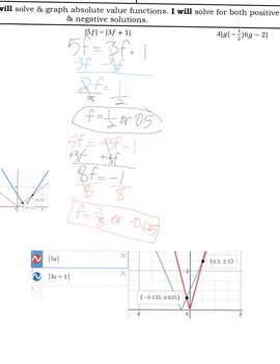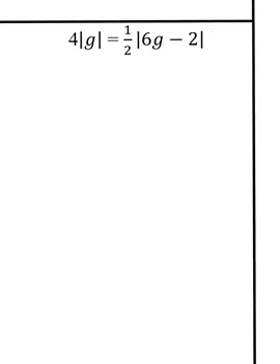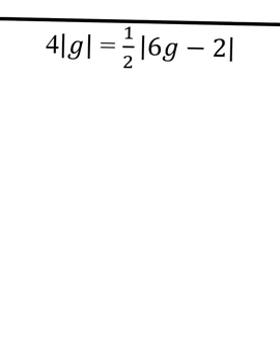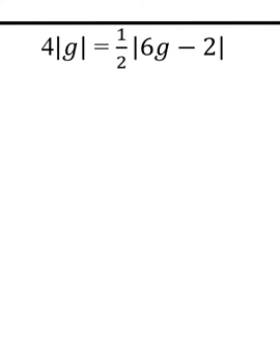And then the very last one, I have something on the outside. Generally, if you can clear up something on the outside, you should do that first. But I have something on the outside of both of them. So you can do two things. You can get it just on the outside of one side, or you can just distribute it. It really doesn't matter. So what I'm going to do is cancel out this fraction on this